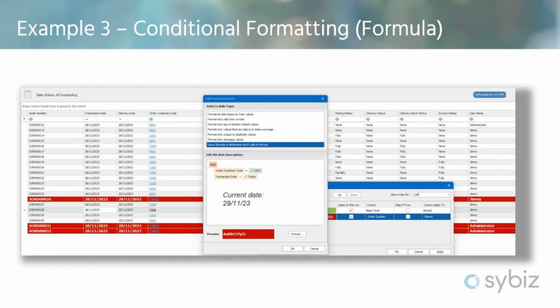More pertinently, though, most likely is going to be this user formula to determine which cells to format option. Now, there's obviously nothing wrong with the other ones. They're certainly extremely potent. But in regards to the management grids, I would say a bit less so, because you're probably going to want to look for some very specific things. Now, you'll recognize that little edit the rule description section because it looks rather similar to our filter editor from before, and that's exactly right. They are